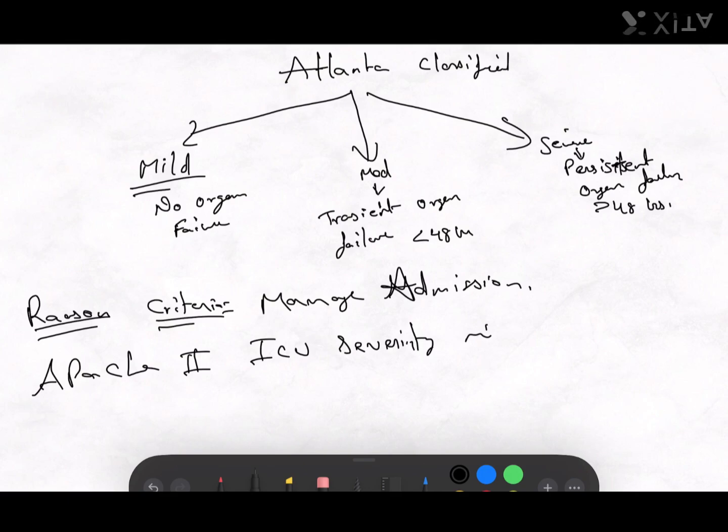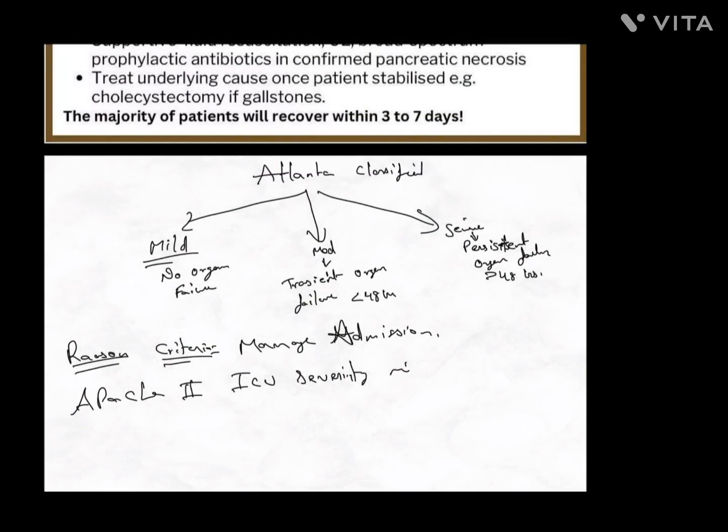So for the CT scan, the Balthazar CT score is very important for predicting the severity. Next we can see the Atlanta classification. This Atlanta classification will help to know the severity of pancreatitis. Next, the Ranson criteria will help at admission time. The Ranson criteria is the best criteria. Next we can see the Bishop score. When the patient is at the bedside, at that time the Bishop score is the best score to know the severity of pancreatitis. APACHE score is for ICU severity assessment, okay. So these are the things.